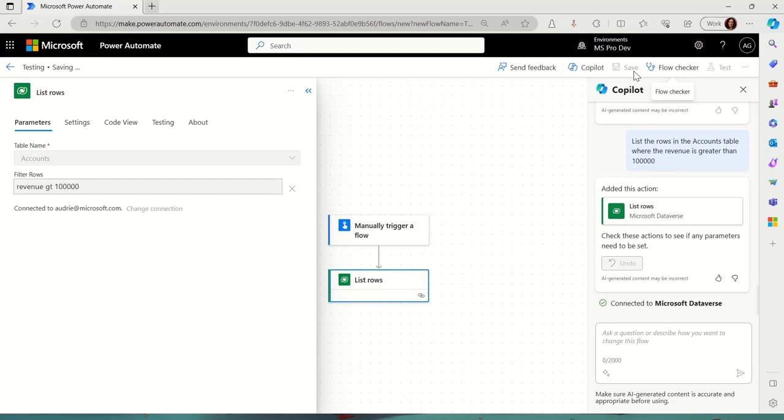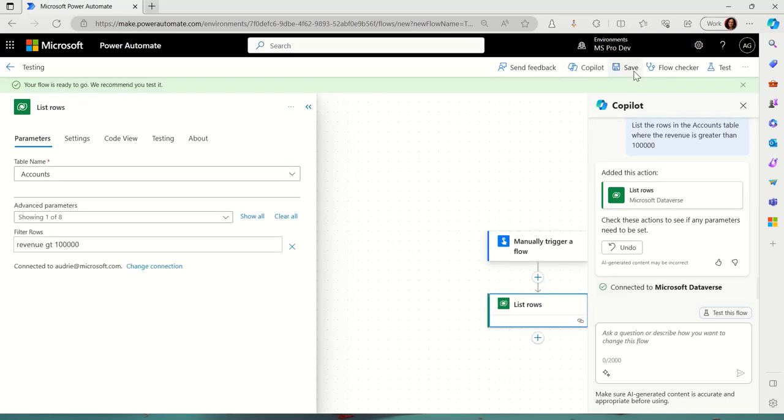So what I have learned from these kind of queries is I can do list accounts where the account number is blank, list the accounts where the revenue is greater than, less than something, right? So I can do very simple queries, especially if I use the right words in the prompt. And what I mean by the right words is the actual schema name of the table and the column, all